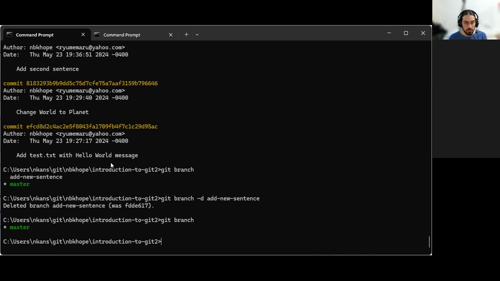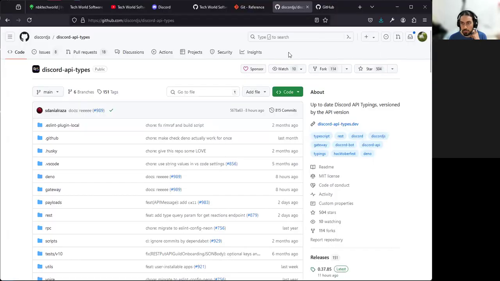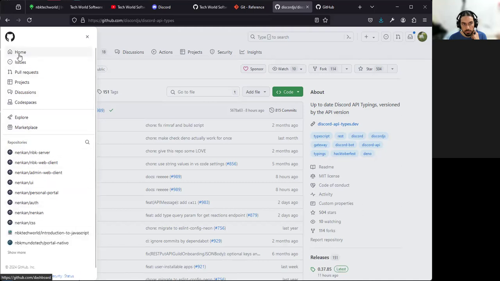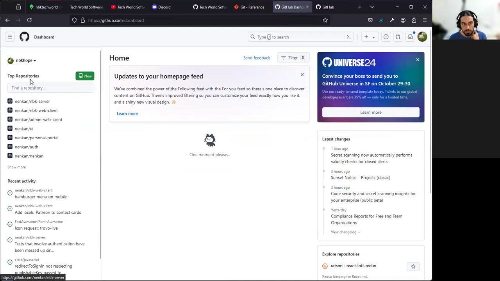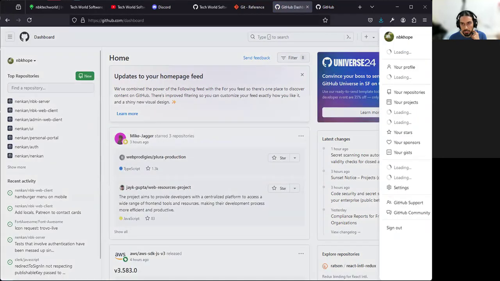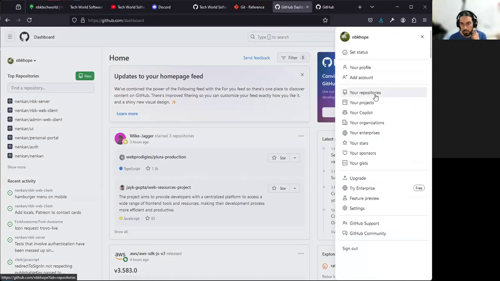Anyway, how can we do that? Well, we have to set up what's called a git remote. Now, to do that, first go to GitHub. After you've created your account, you're first going to go to your repositories. There are different ways to accomplish that. You can click this hamburger menu and click, where is it? I think repositories here, but maybe click home and you can see your repositories and click new. Or you can go to your top right and choose your repositories